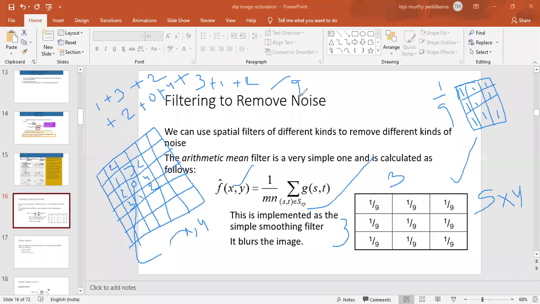So that means for each pixel value, it takes the neighborhood, the s,t values belonging to Sxy. So Sxy defines what my neighbors are. Then again we go to the 4 and again we consider the neighbors and find the equivalent values. So each pixel is replaced by the average of the neighborhood values. So that is a mean filter, and we will see some of the other filters also.